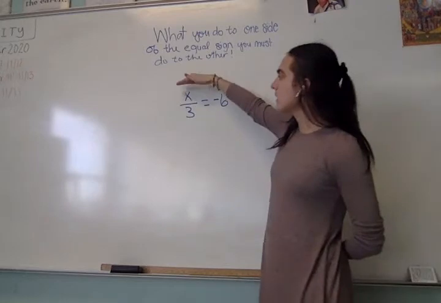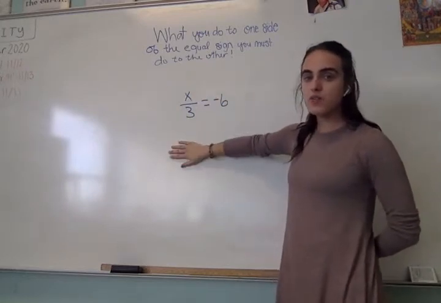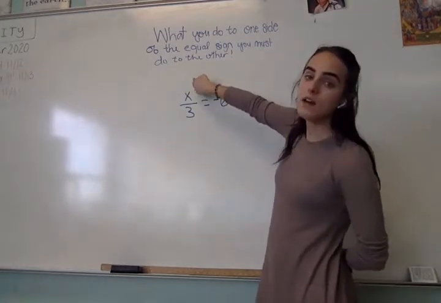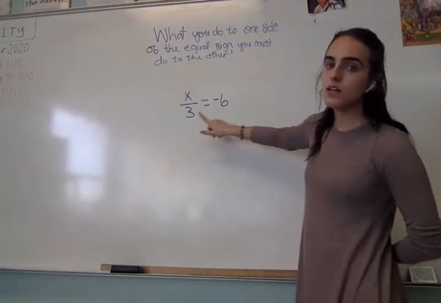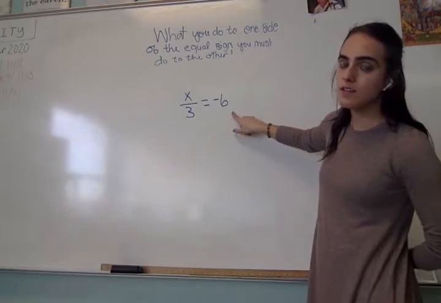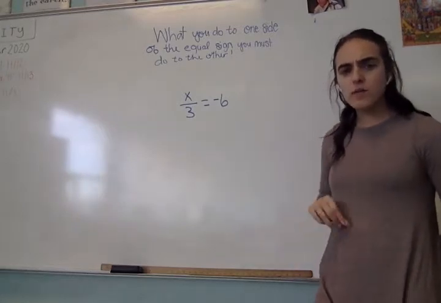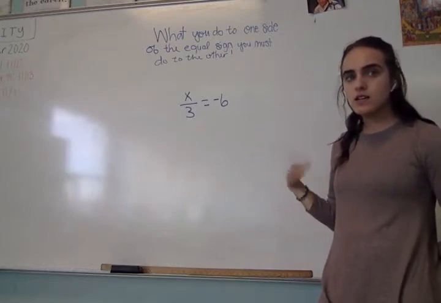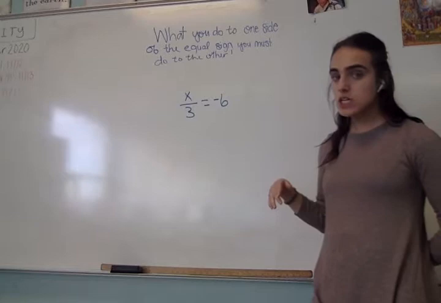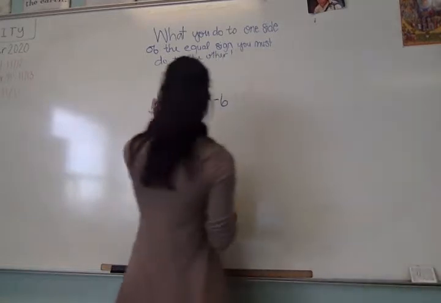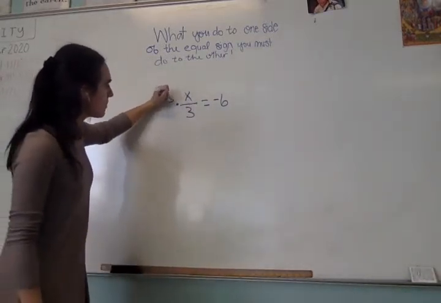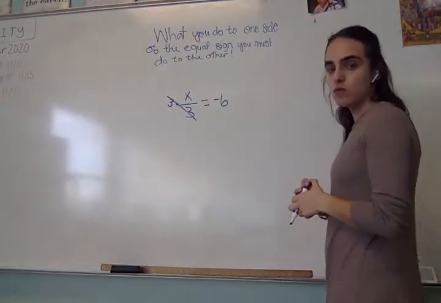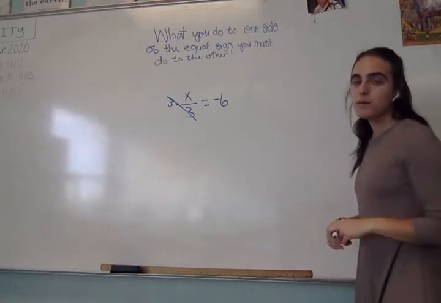So we want to know what number divided by 3 gets us negative 6. Think of it this way. What number divided by 3 equals negative 6? So how do we figure that out? How do we undo this division? It's the opposite of division. Multiplication. So we multiply by 3 on the x side of the equal sign,